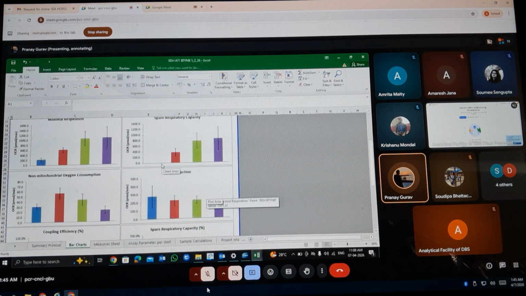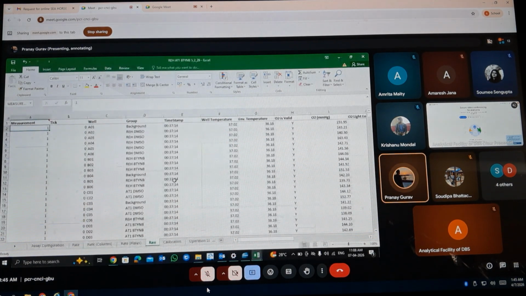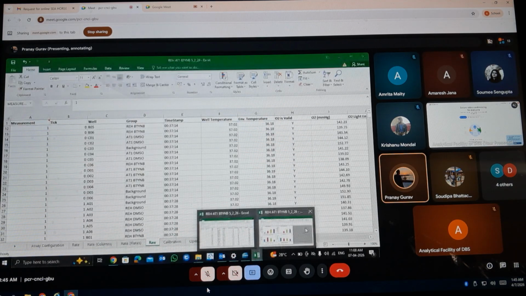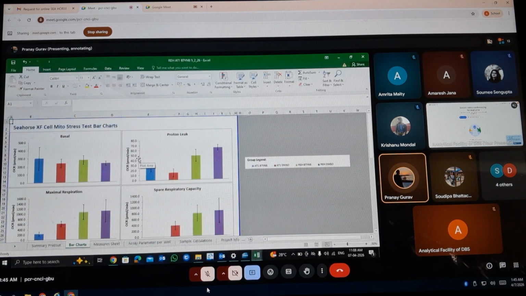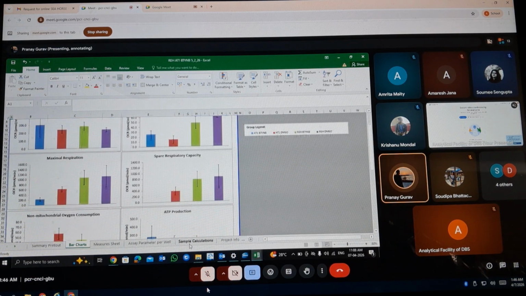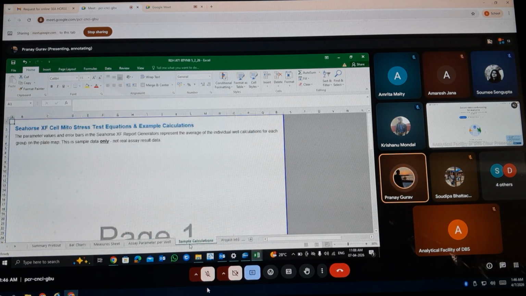Now all these graphs will also be available on your GraphPad Prism. So whatever data was available here has now been converted into graphs. Even if the raw data is available, you don't have to do any kind of calculation or graph plotting. And if you have to understand how those details have been calculated, you can find it here